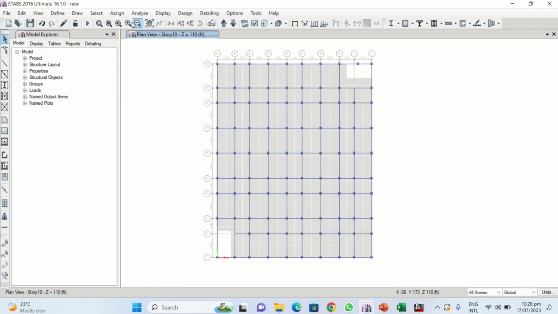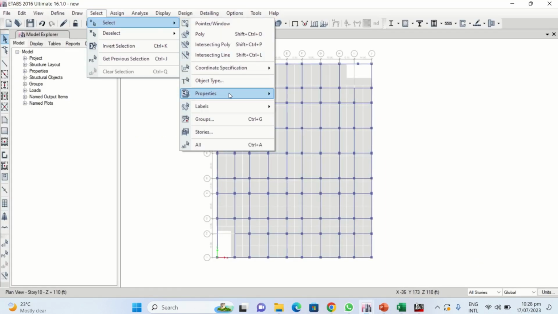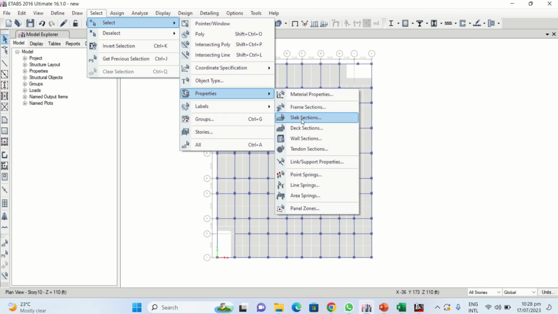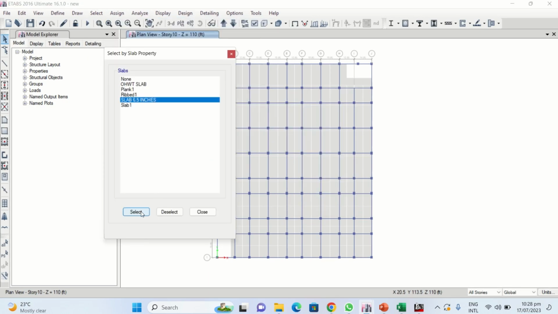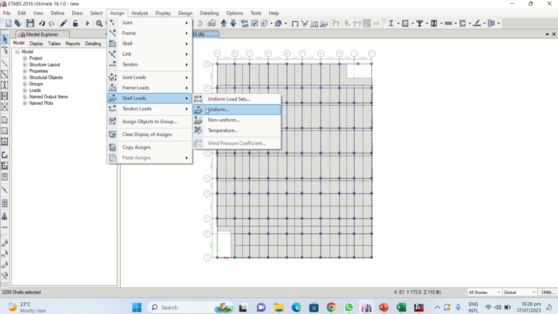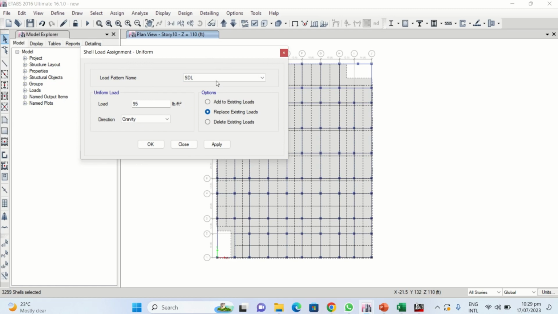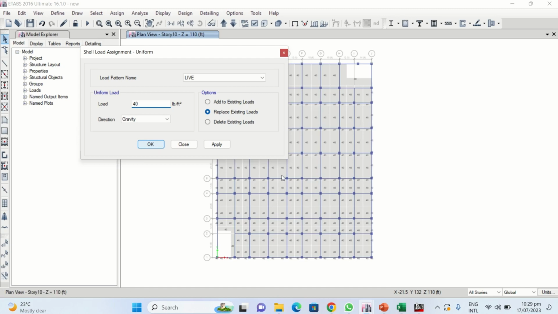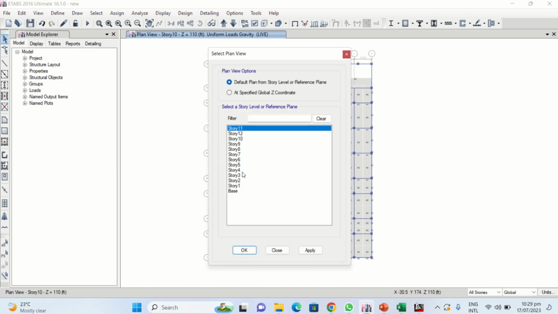So we'll go to the software. Again, we will select the slab, 6.5 inches, and we will assign the shell loads uniform. This time we will select the live load, and we will insert overall at first, for example, 40, right? And now we will go to the plan